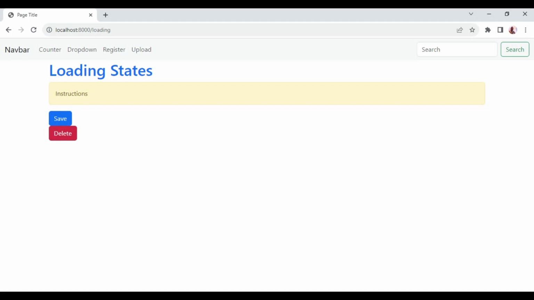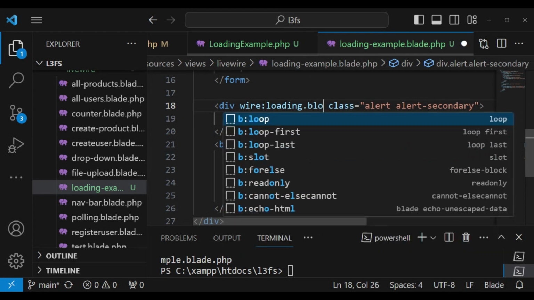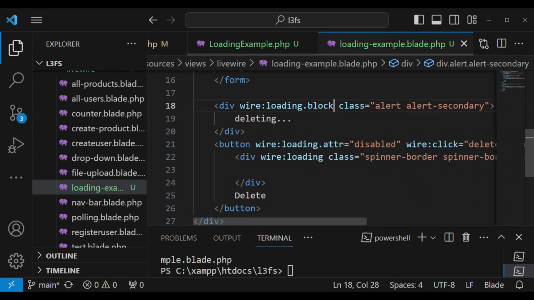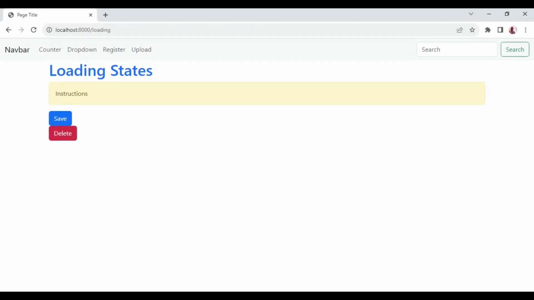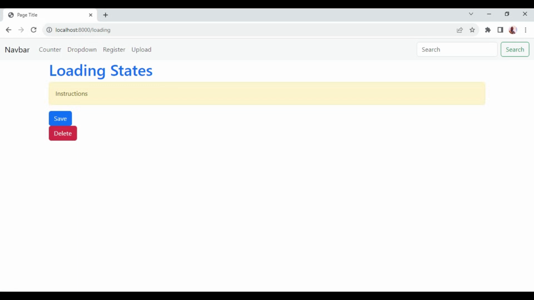But before we do that, I want to show you what we can have. Inside this div that we are loading, deleting the message, we can add a modifier in front of wire loading. Of course, we can add a modifier, for example, block. And then now when we do this, when we click that button, it's going to display something a little bit different. So when I click on delete, now you can see the message is appearing across the whole page,